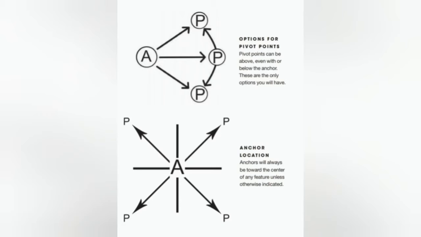Here is one example I'm giving. The anchor point will always be in one place. Only the pivot points will be moved, as required for the eyes, face, nose or whatever it may be. The other features we'll learn in the next session. Here we are learning only the use of anchor and pivot points. Anchor location is also very important.